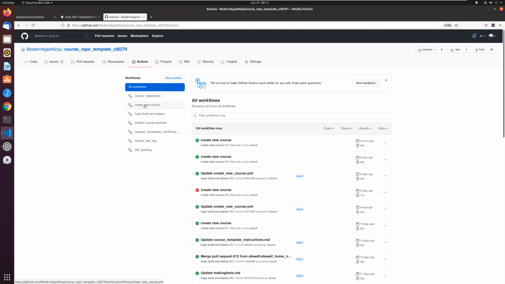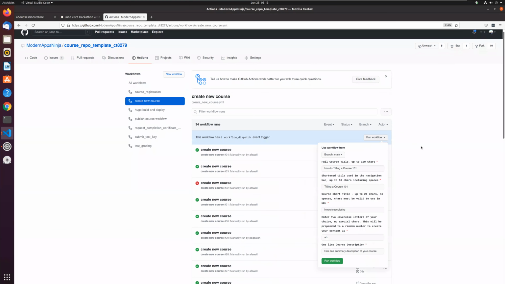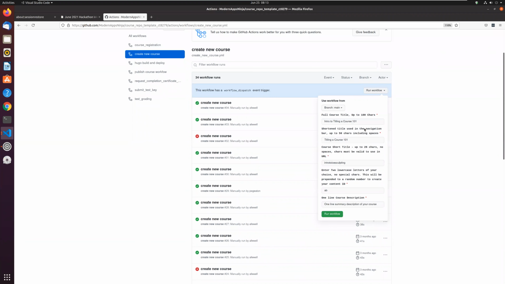And so to create a new course, we go here to create a new course. There's a very, very simple form to do this. You can see the only variables that need to be created are your full course title, your short course title, which is what displays in a navigation bar, as opposed to the full course title, which would display as the title on the page. And then there's this other thing. I needed to have better variable names, or at least descriptive names for these, but nonetheless they are what they are.